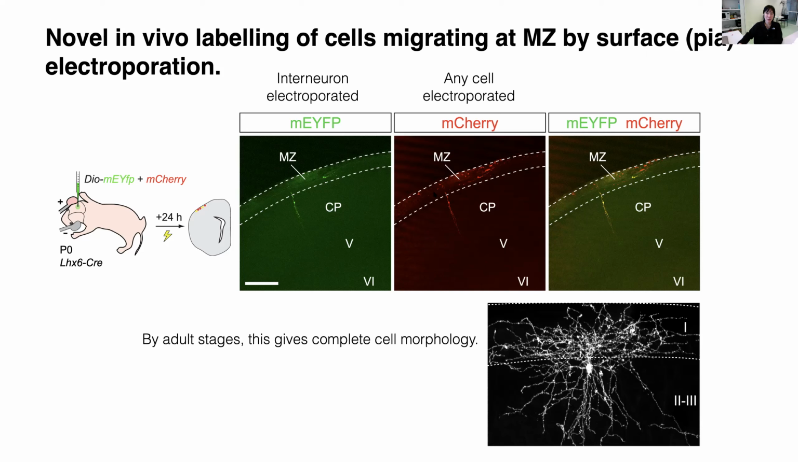But all the cells we label are sitting in the marginal zone. And so this method tells us that we can label cells accurately in the marginal zone. And because of the sparseness of this labeling, by adult stages, we can also reconstruct morphology. So using this pure electroporation method, we now have a way to look at the somatostatin cells that are passing